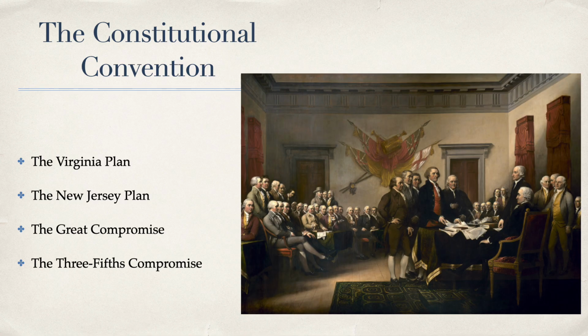And so this leads to what's called the Great Compromise. And basically they put the two plans together. We have a bicameral legislature, so meaning 2 chambers. We have the House of Representatives with seats apportioned according to population size. And then in the Senate, each state would have equal representation. So here we saw each side got what they wanted.